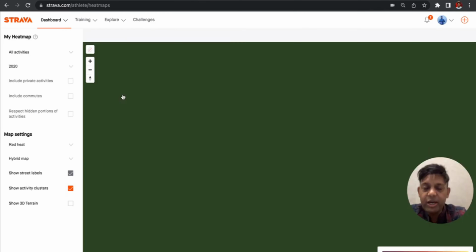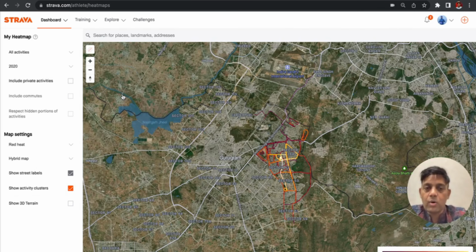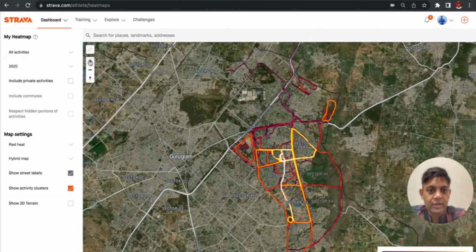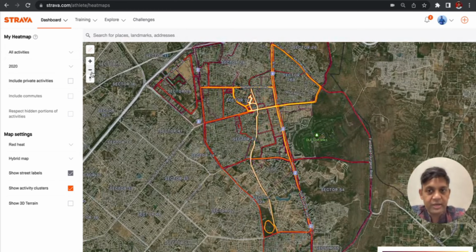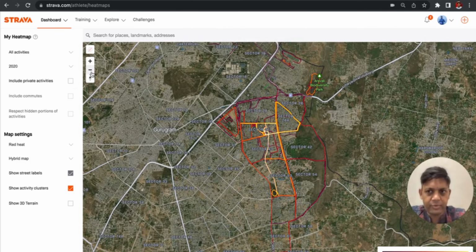Heatmaps. Now, Heatmaps is a visual depiction of the activities which you have done the most, and more importantly, the routes where you have exercised the most depicted in red as a tonality, and activities which are fewer in number depicted in yellow as a tonality. It gives you a good visual representation of the area in which you are training and how the heat map looks like for you, right? So it's more of a visual indicator of